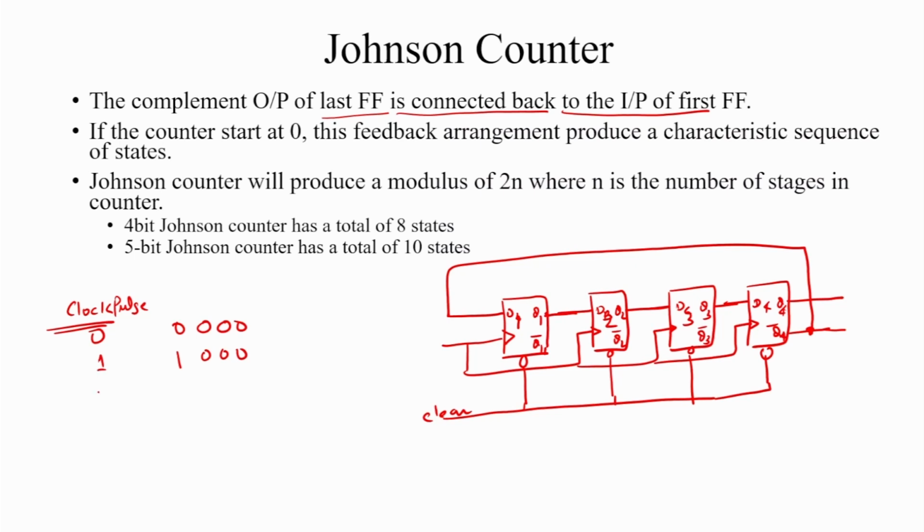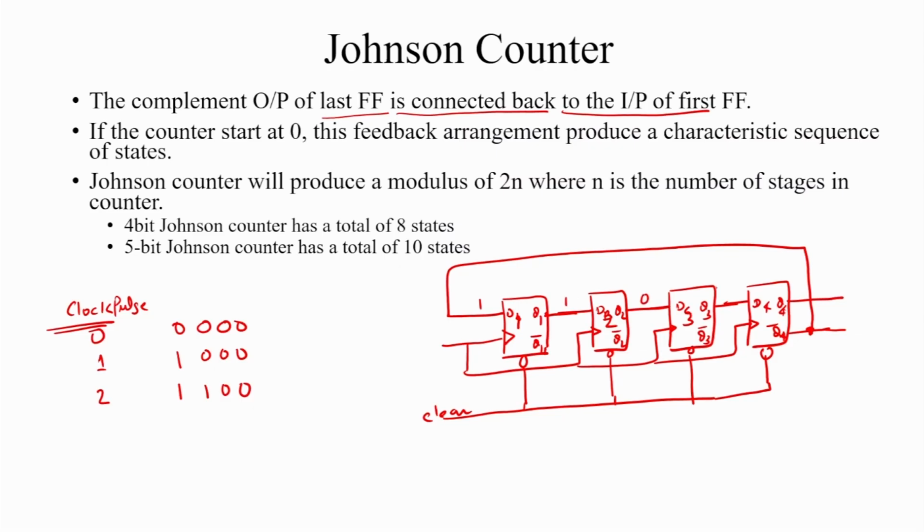Next clock pulse, what happens here: the complemented output goes in here, and the next values go here, this goes here, this means what happens here, complemented, this means 1 1 0 0. Again, in the next clock pulse 2, what is stored here is 1